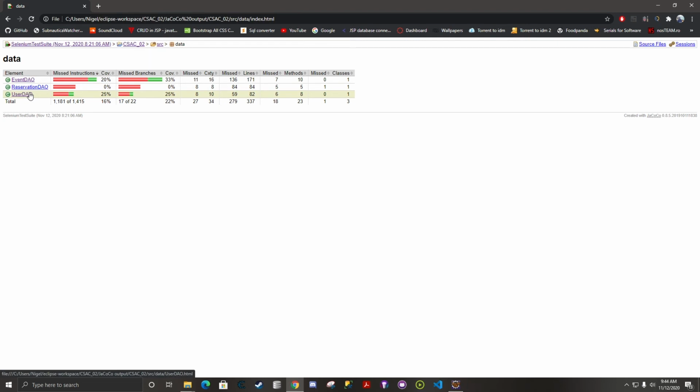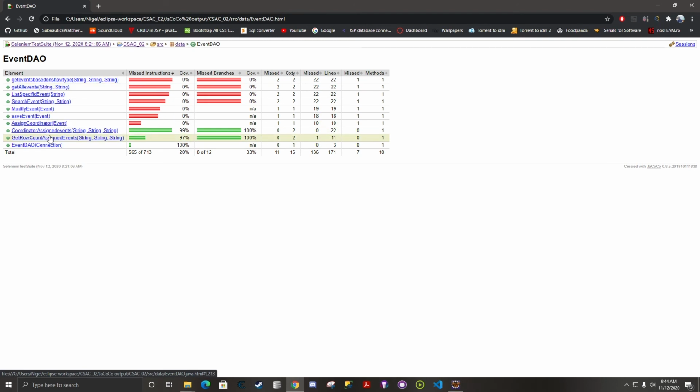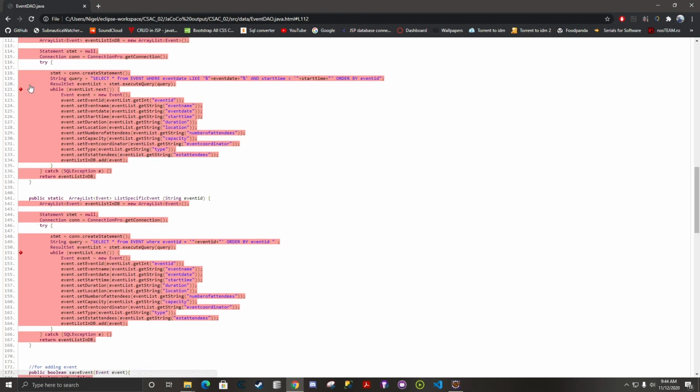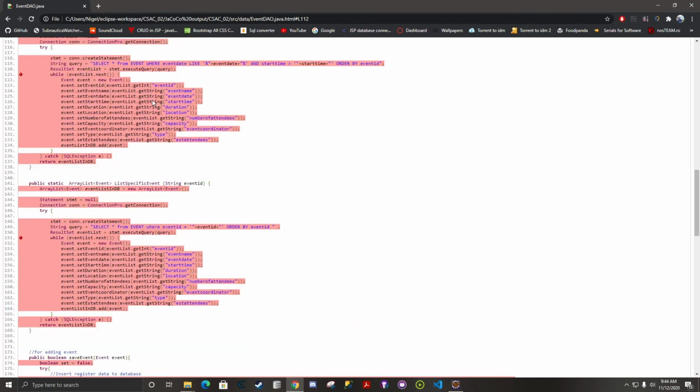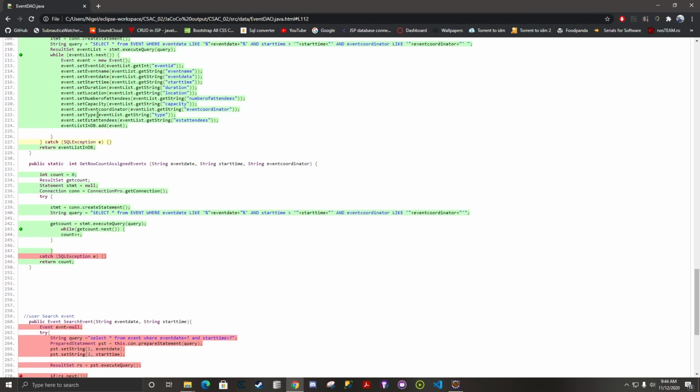And then we have user DAO, which has 25%. Event DAO won't have complete coverage as we are using only two methods from here: the coordinator assigned event and getting the row count for the for loop. Also the connection. The remaining methods would be used for the next iteration by the passenger and the manager. So all these methods which are in red would be in the next iteration. And these are the two methods that we use